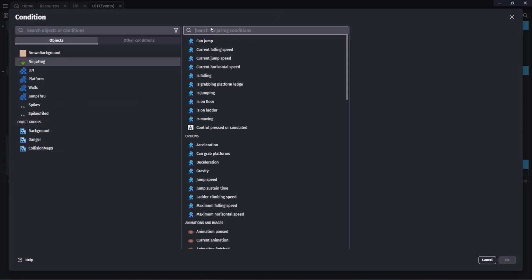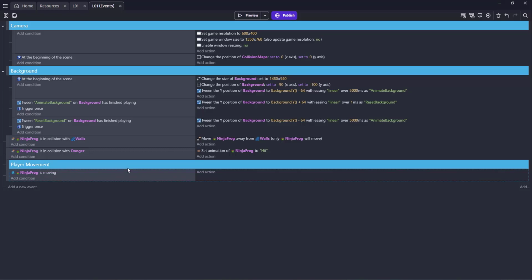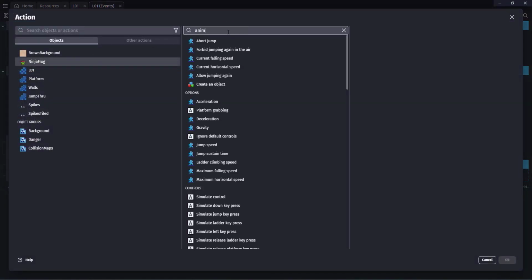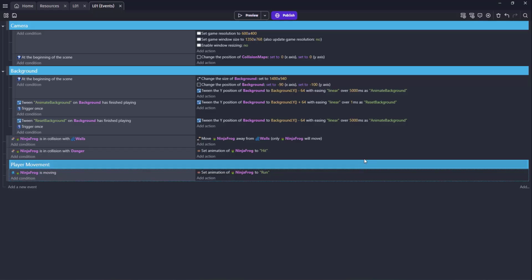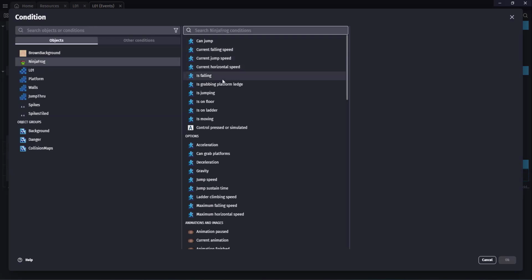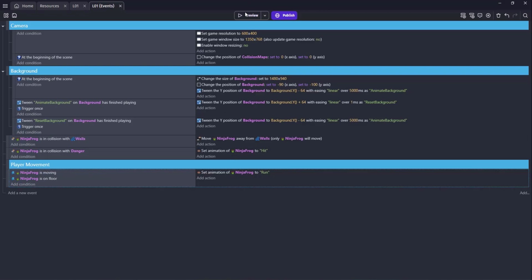And Ninja Frog is moving. Set the animation for Ninja Frog to walking. I guess running. He's running. So we also want Ninja Frog is on floor here, right? So if he's on the floor and moving,